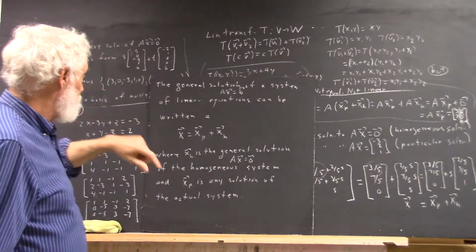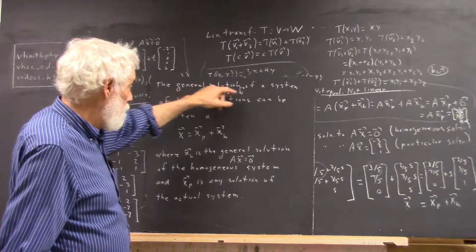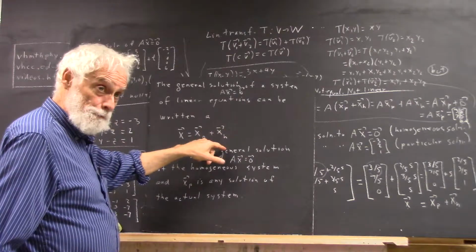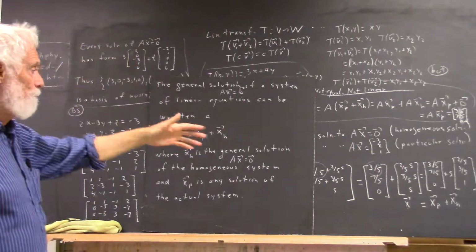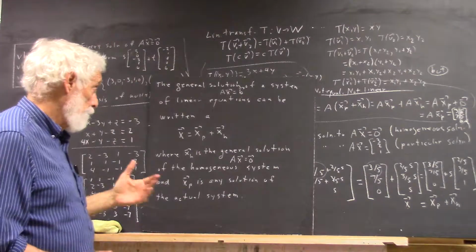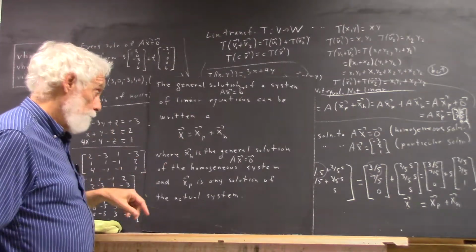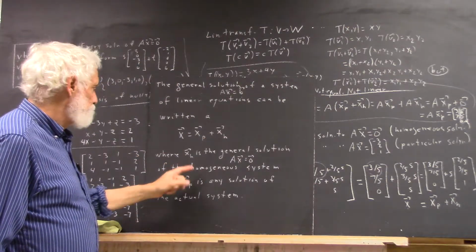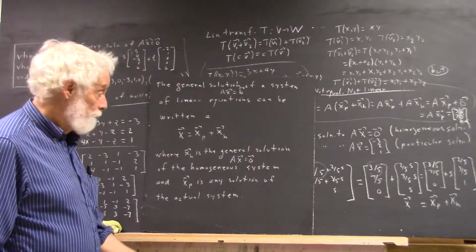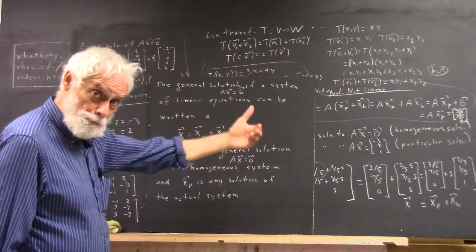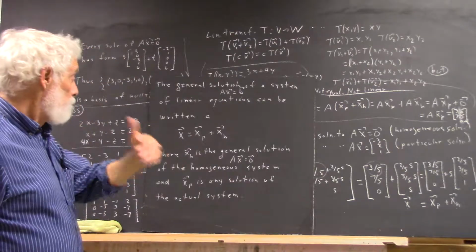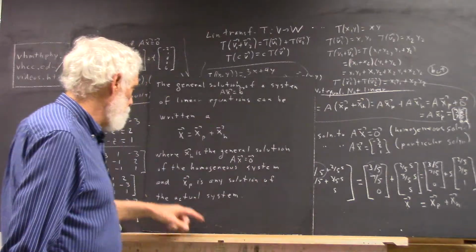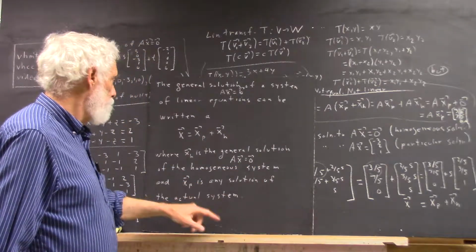General solution of a system of linear equations, and a system would be like AX equals B, can be written as X equals XP plus XH. This is what we're going to show for a specific system, and so you understand what it means. Proving it is a different story, but it's not difficult to prove. Okay, so it equals this, where X sub H is the general solution of the homogeneous system. The system where you have all zeros on the right of the equal sign in every equation. So general solution to the homogeneous system, and X sub P is any solution at all to the actual